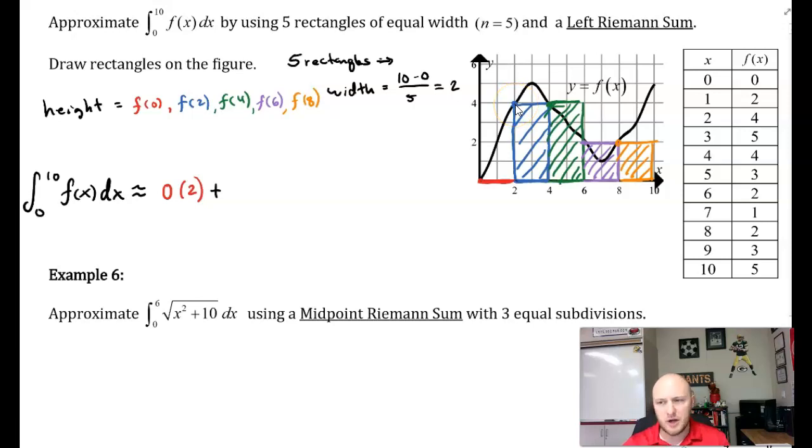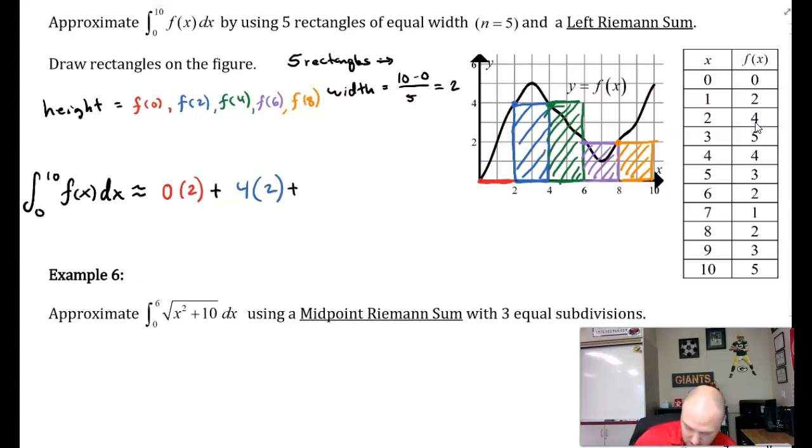You can visually approximate if it's clear, but they also give us a table. Most Riemann sums on AP FRQs are given in table form. So f of 2, if I go down to 2, the height of the function is 4. So I can say 4 times 2